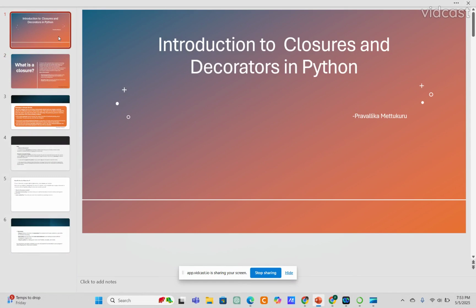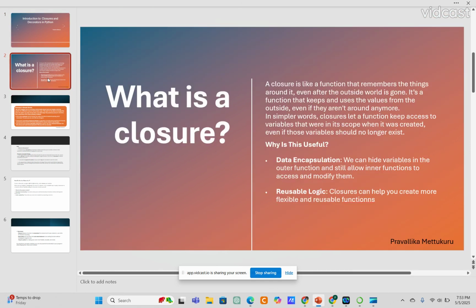Today I'm going to explain the concepts of closures and decorators in functional programming. Let's start with closures. Closures are like a function that remembers the variables in which it was created. That means the inner function can access the outer function's variables even after the outer function has finished its execution. That means closures are like functions that keep and use values from the outside, even if they are not around